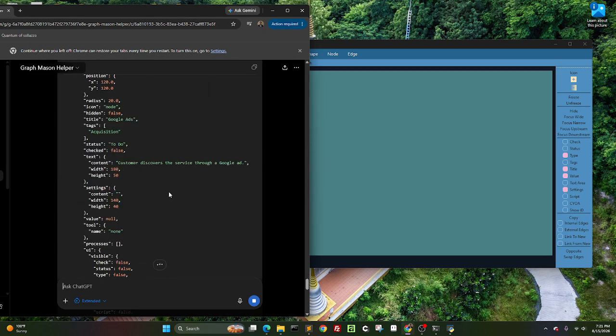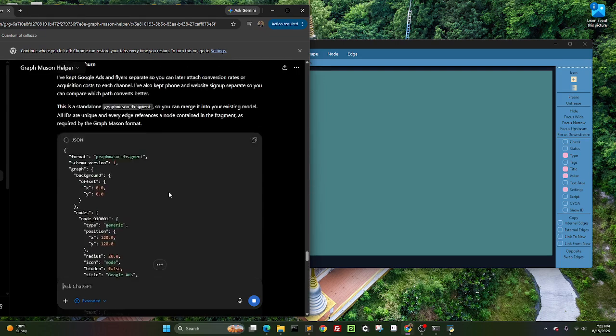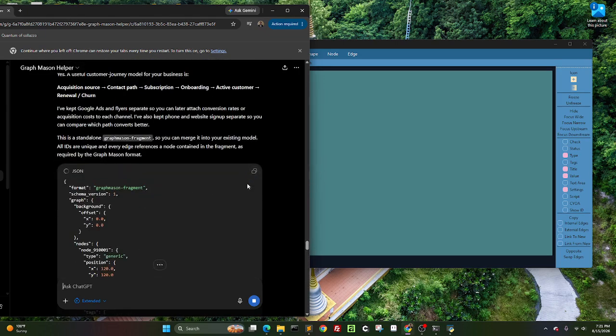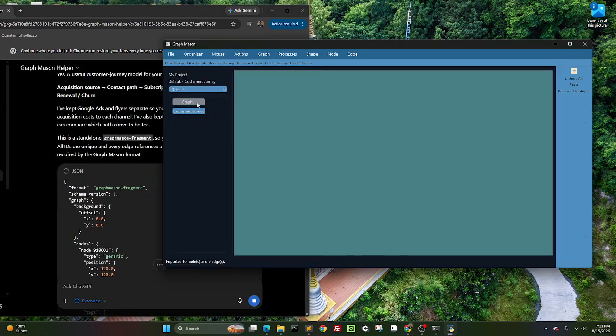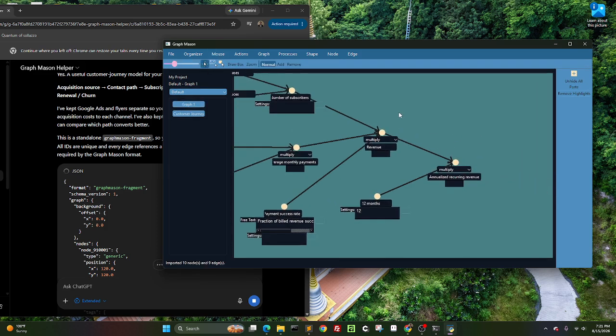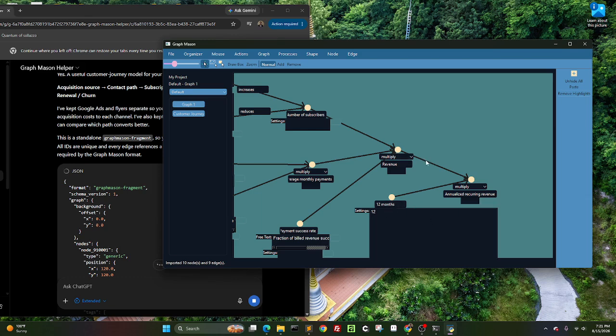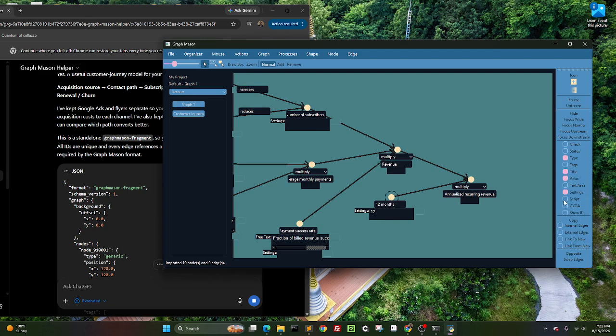That was pretty fast, although it's still working. It sometimes takes a while to build out these things. Oh, that was fast. Oh, I can't copy yet. But I could go back to this graph one here and edit this as I need. So I've got 12 months, but maybe I need to multiply this by some number. This is settings, but I can also go into